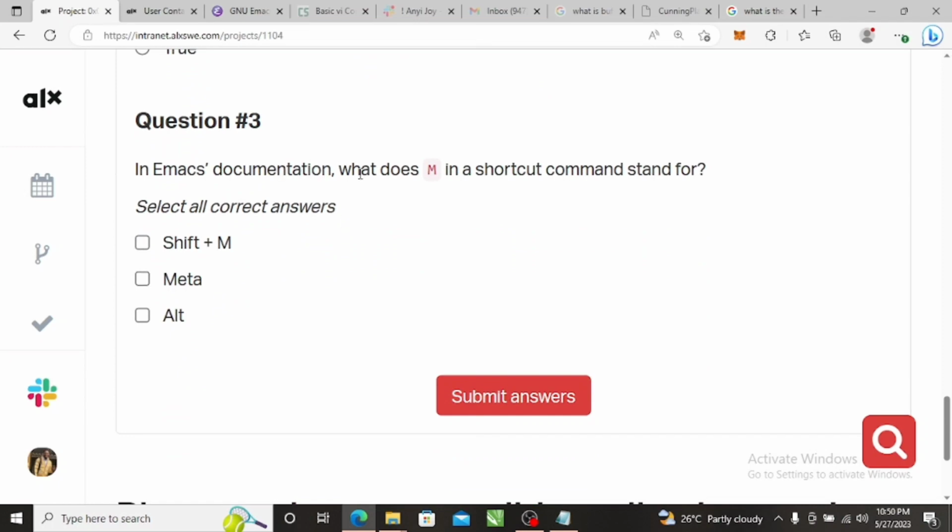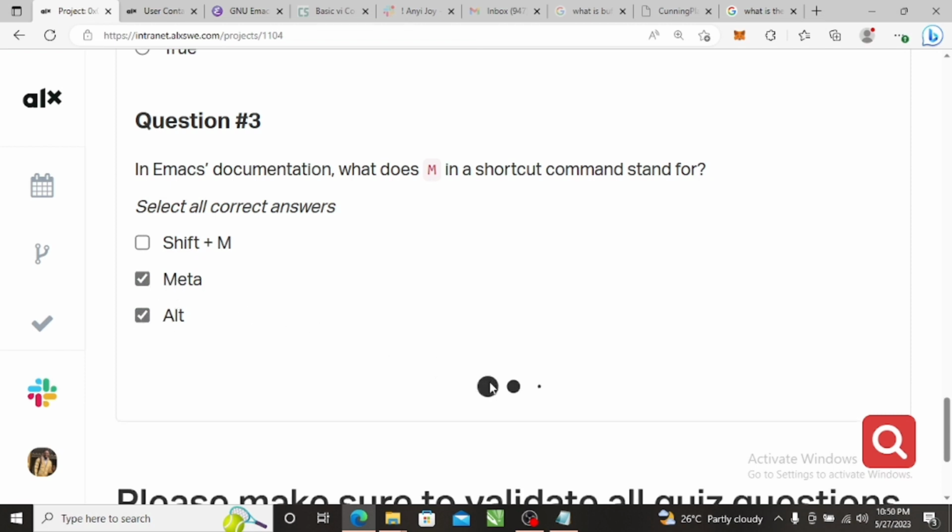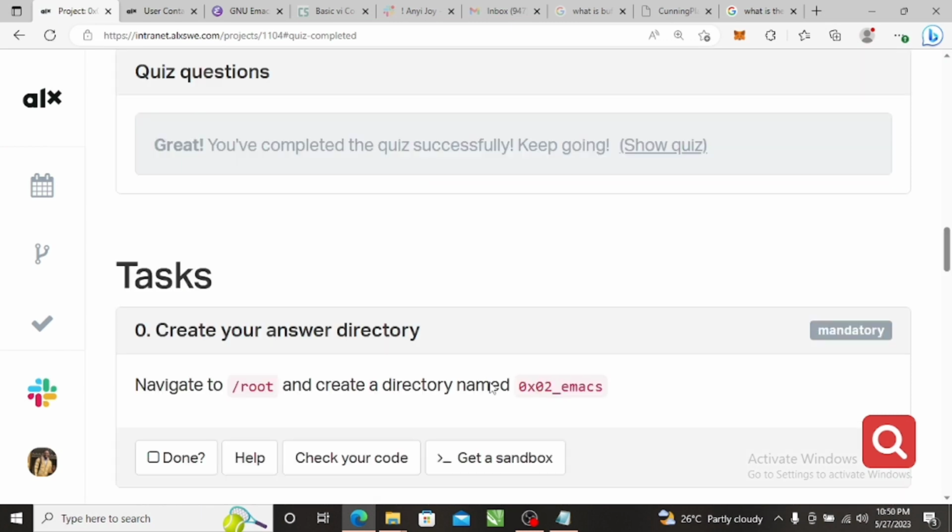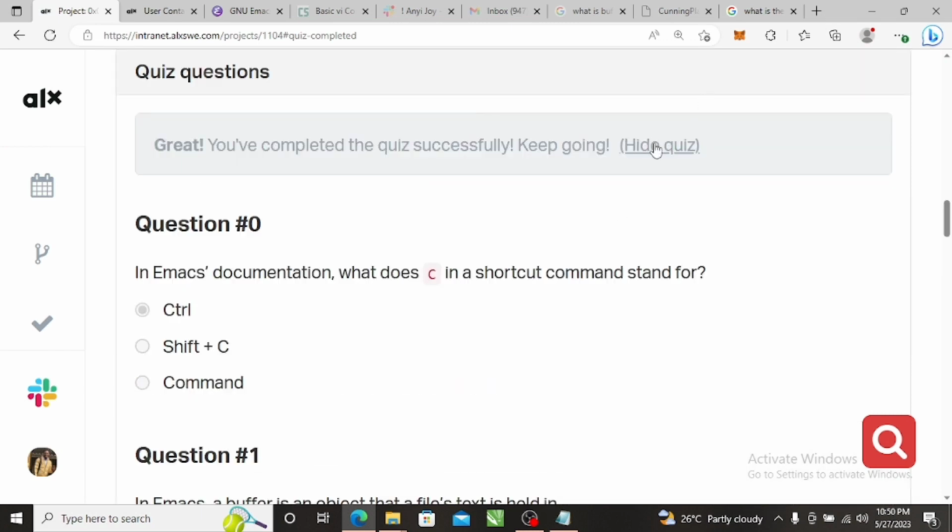So in Emacs documentation, what does M in a shortcut stand for? Shift M? No, I think it is meta. Alt, right? M means meta or alt. So let's see. One should be wrong. Oh, we are right. So control,